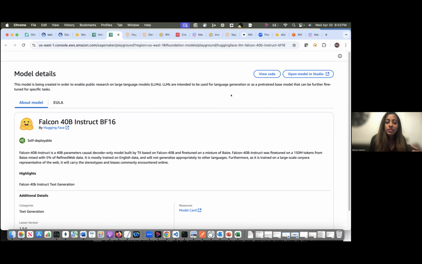Since it's been there, most of the existing enterprises are already tied to AWS, so naturally they go for AI solutions as well with AWS. That's where it's always been a leader. But Azure is catching up for sure in the AI space.